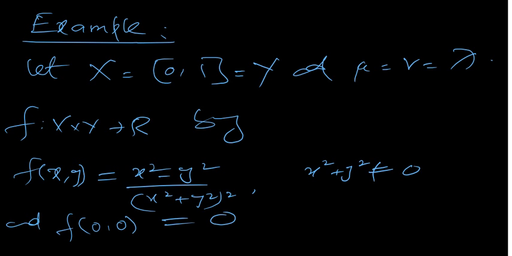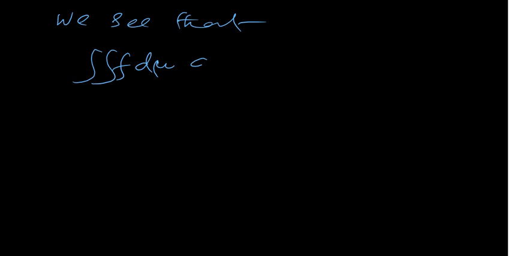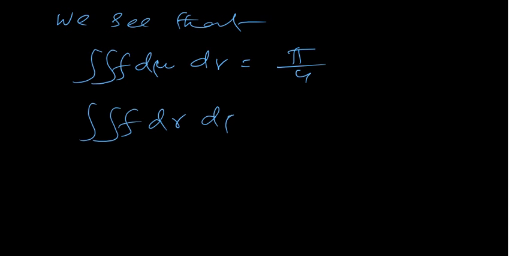And we see that the integral of f with respect to first the x variable, then y variable, its value is pi by 4, and integral of f with respect to first y variable, then with respect to x variable, we will see this is minus pi by 4. We will solve one of them, the second follows on similar lines, just replacing the roles of x and y. Okay, so we